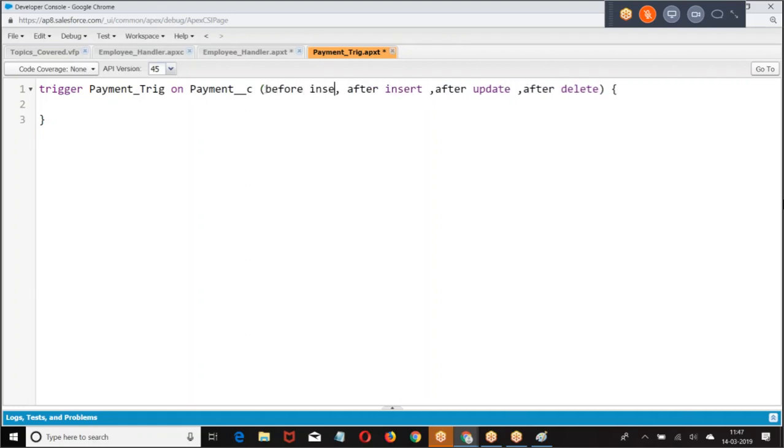Before insert, after insert, after update, after delete. These are the events. The trigger has to run in 4 contexts.